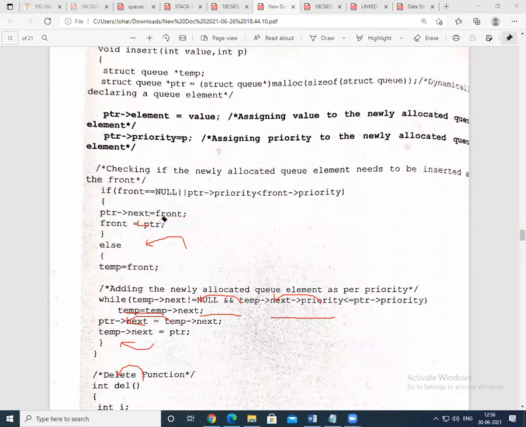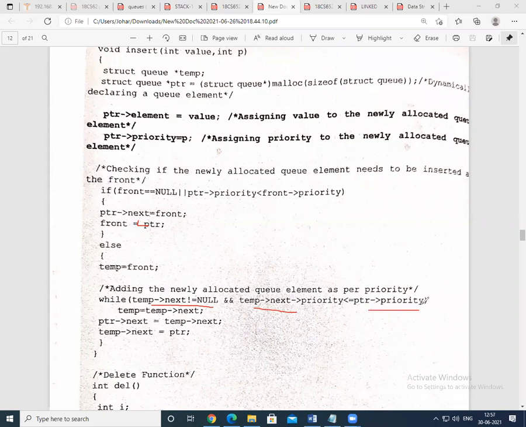Let me erase this. Then you perform the swap operation. How do you perform the swap operation, and when? When temp of next not equals null and temp of next priority is less than or equal to ptr of priority.